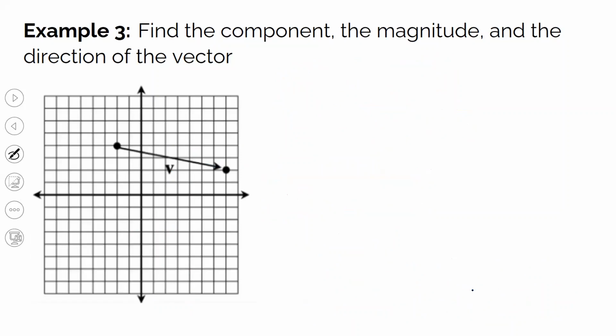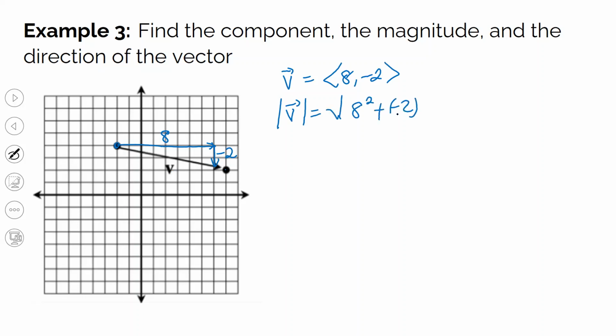So question number 3, again, the component of this, we need to go again. This is the initial point. This is the final point. To be able to get from the initial point to the final point, we go like that. That's 1, 2, 3, 4, 5, 6, 7, 8 in the positive direction, that is to the right. So we go positive 8, then we go down by 2, which is -2. So the component of our vector V is positive 8, -2. So you can see how easy it is. And then the magnitude of V will be the square root of 8 squared plus -2 squared.